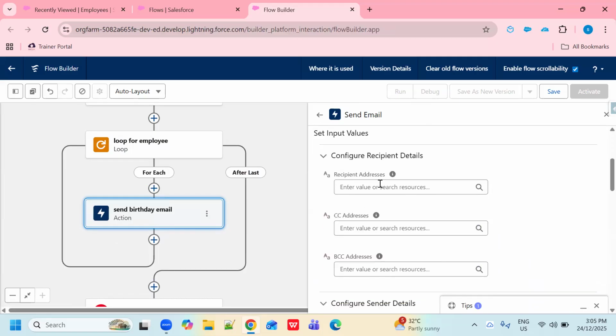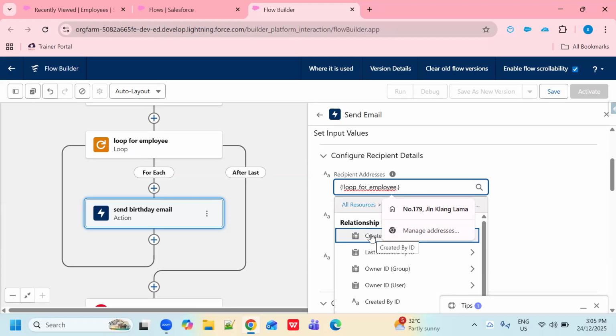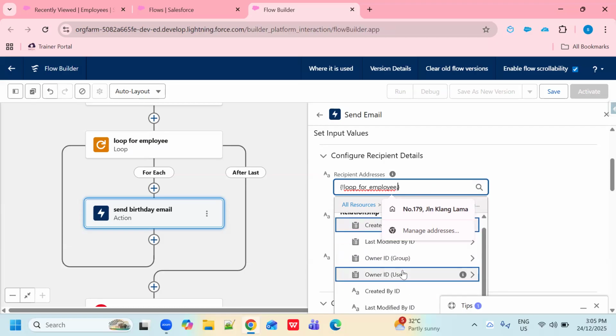So what is the recipient address? Recipient address means to whom you want to send a mail. So where you want to send your mail, that should be this is the loop, and from the loop we can get our old field.